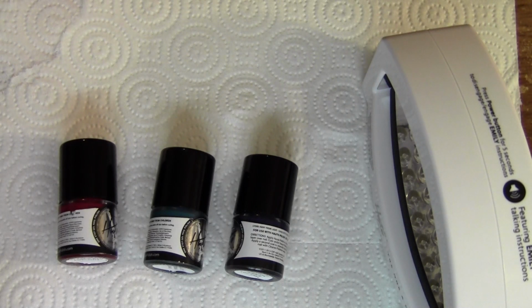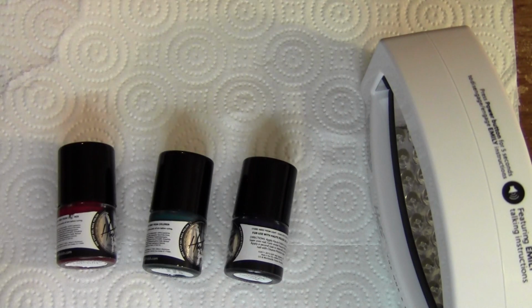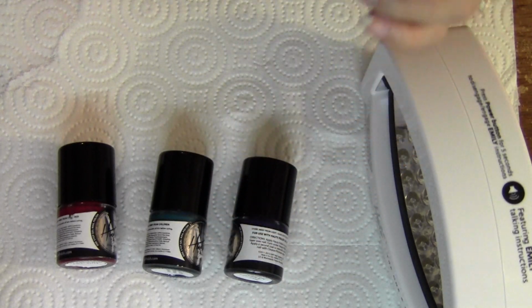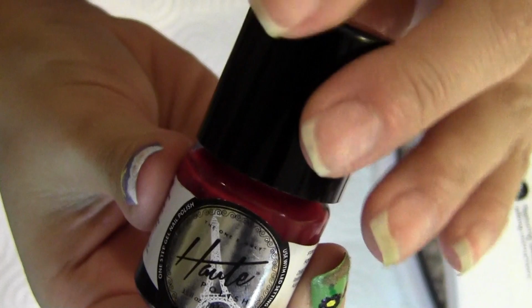So I'm going to be showing you the initial application of each of the 3 colors so that you can see exactly how they look. I've already buffed and cleaned my nails so that they are free of oil, shine, and dust. So I'm going to go ahead and open up these bottles for you so that you can see the polish